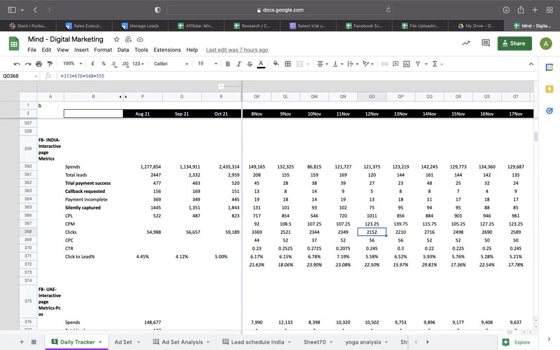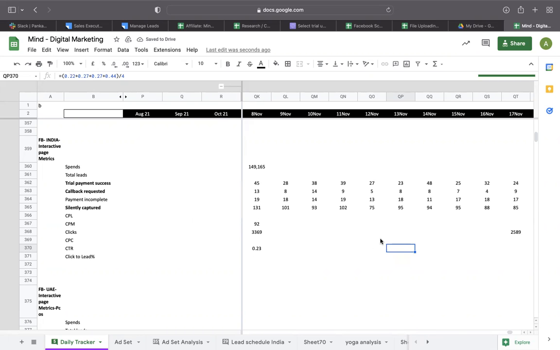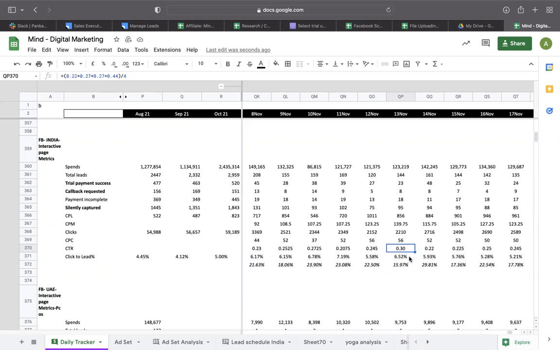But here my CTR is better than the previous day. It's 0.24, and it should be 0.30. So you can see the relation between each and every element that helps me to optimize the campaign.